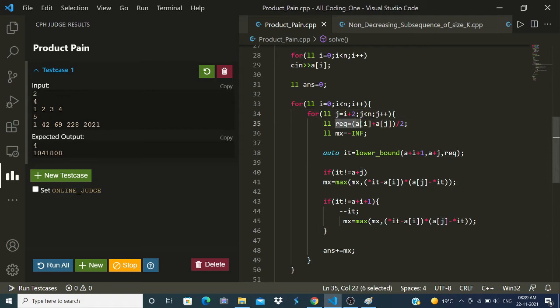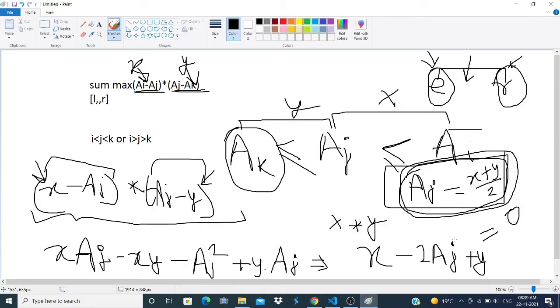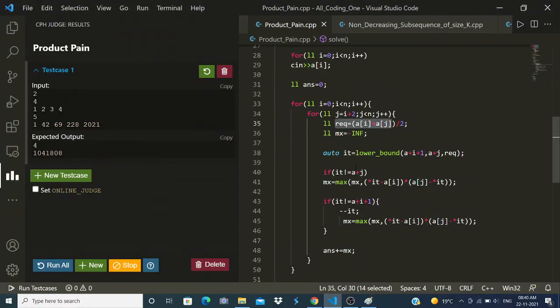And then I found this thing, required is equal to (AI plus AJ) by 2, as I said, this thing (x plus y) by 2, right? X is like this thing and y is like this thing, so their sum divided by 2, because this is what an optimal aj will hold. So I found this required, and